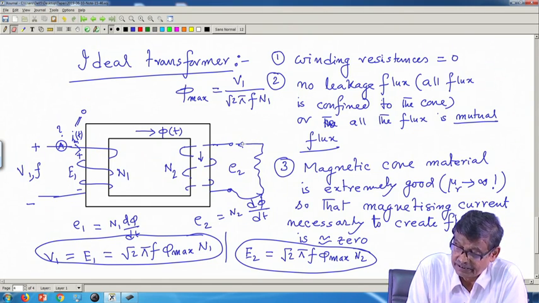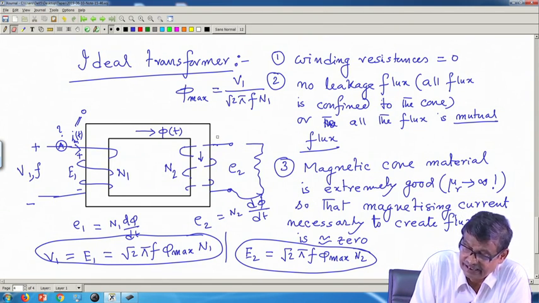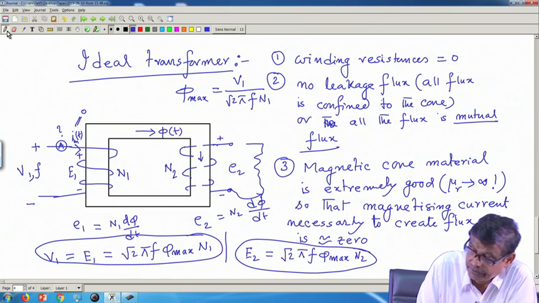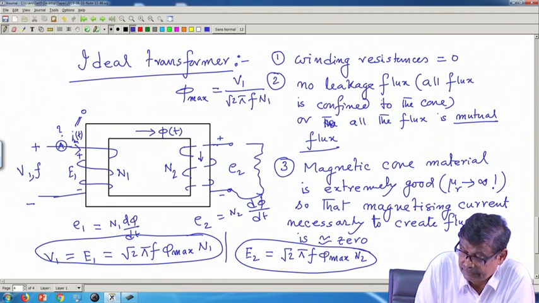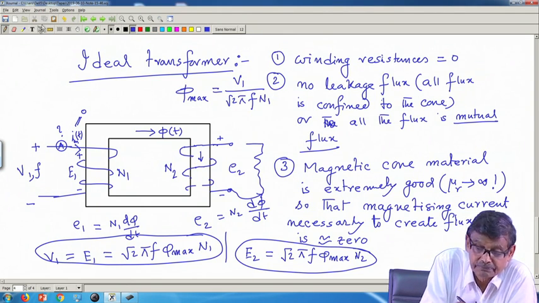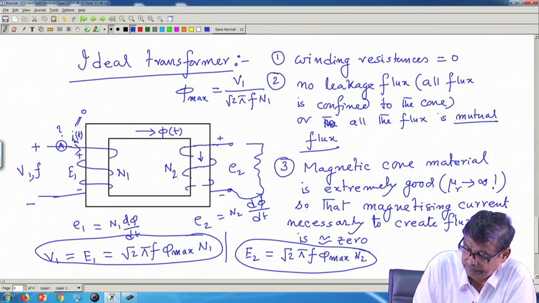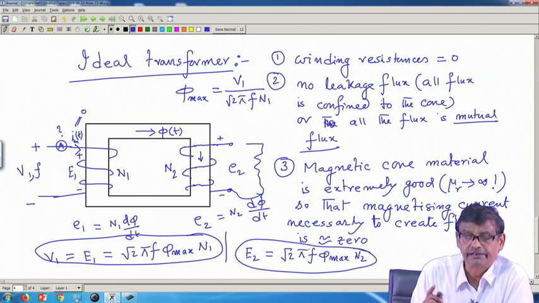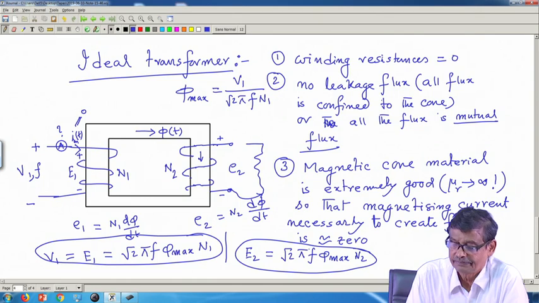What are the other possibilities? The other possibility is this has become plus, this has become minus. Let us see whether this will be consistent. Mind you, this is a continuous thing. I have only corrected. What is the other possibility? This is plus, this is minus. Is it consistent? Let us see.